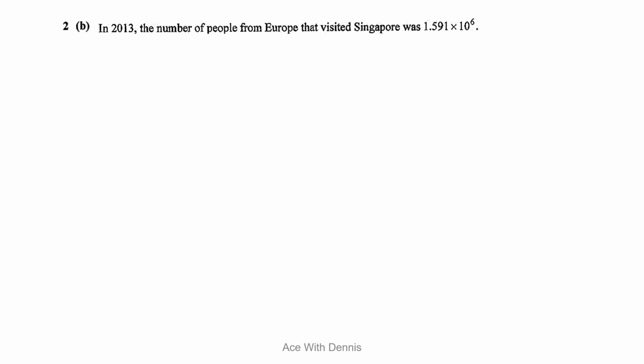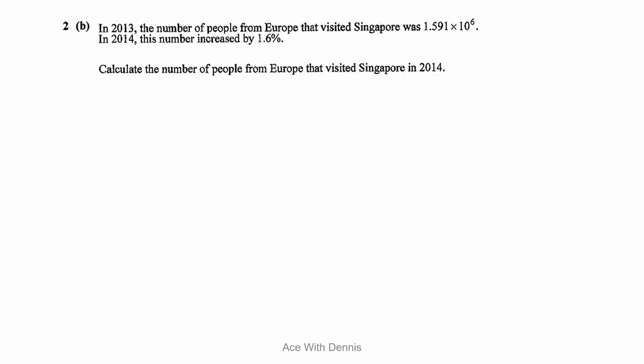B. In 2013, the number of people from Europe that visited Singapore was 1.591 times 10 to the power 6. In 2014, this number increased by 1.6%. Calculate the number of people from Europe that visited Singapore in 2014. Give your answer in standard form. 2 marks. Okay, so now to get the number of people in 2014, it will be the number of people